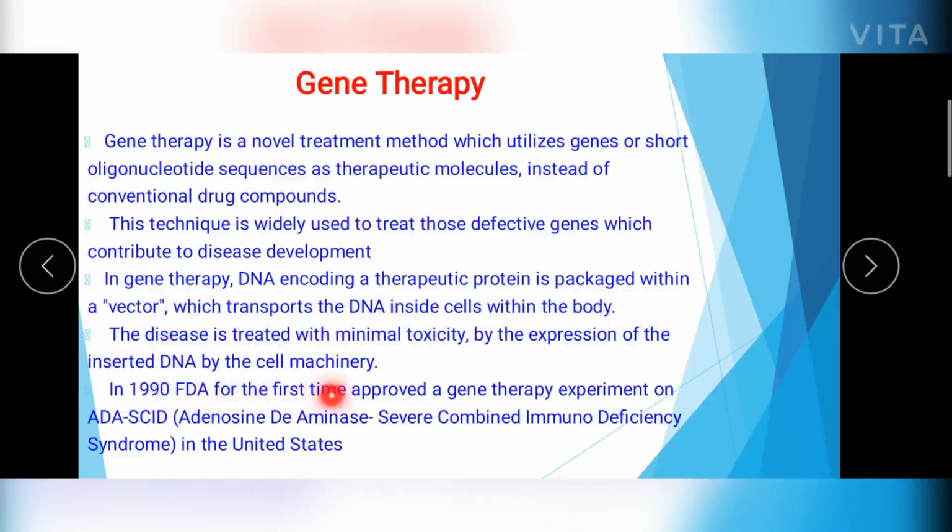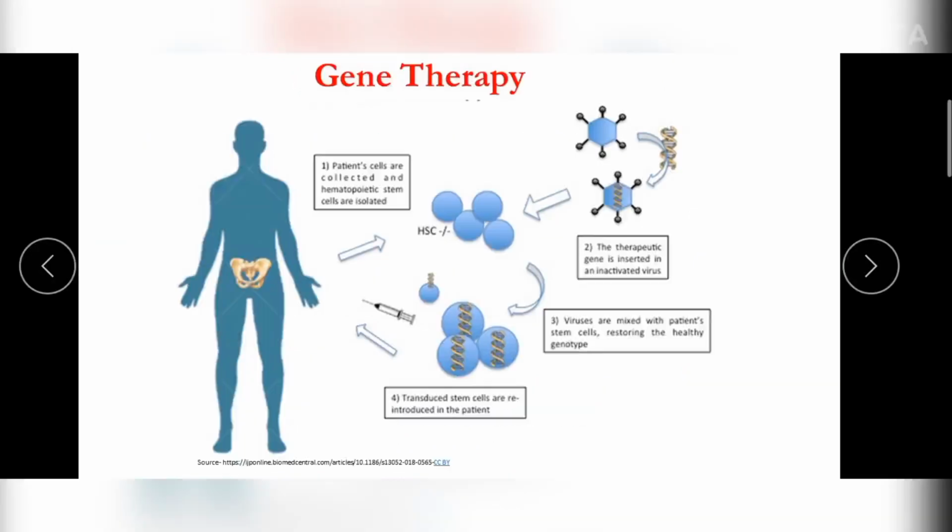This gene therapy was first used for the treatment of severe combined immunodeficiency syndrome. This disease is caused due to the deficiency of the enzyme called adenosine deaminase, and SCID is the first disease which was treated by means of gene therapy in the year 1990 in the United States. So if you see the picture, the stem cells are